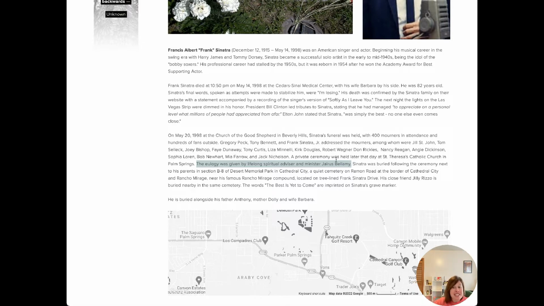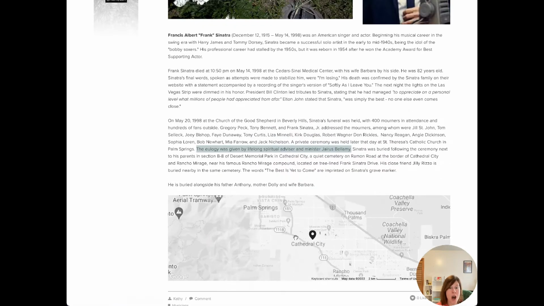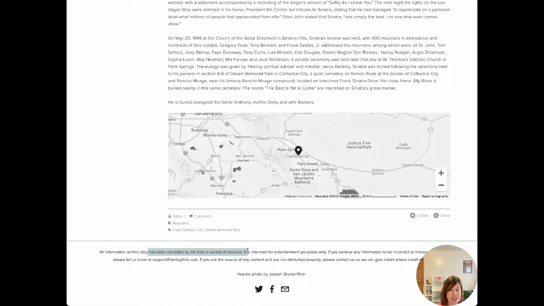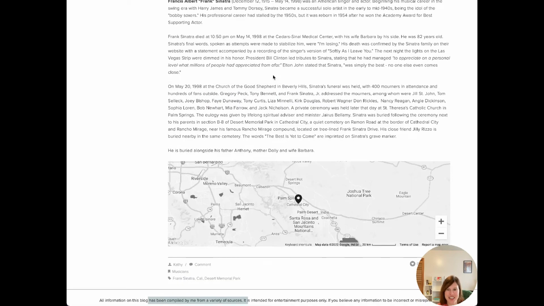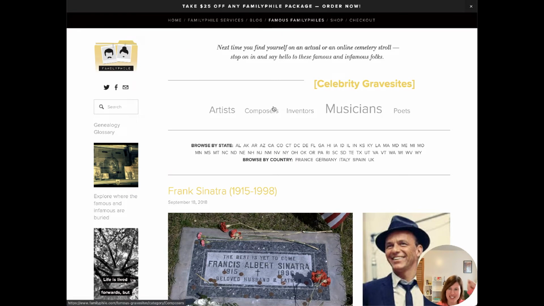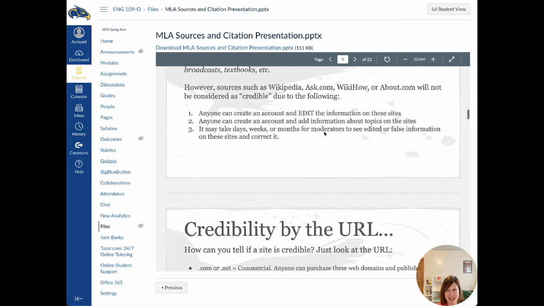But see, that's the problem. And if you look on this page, did they cite anything? No. They had something at the very end that said that it was compiled from a variety of sources. This is garbage. That is why citation is important, because this has false information on it that's not true. So yeah, that's pretty much the whole point. That's why you should not use Wikipedia as a source, because you don't know if it's true or not.